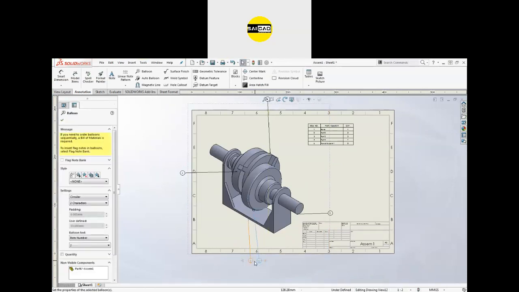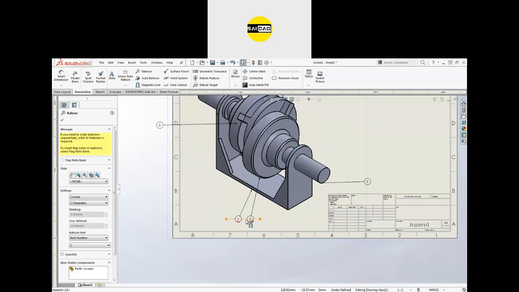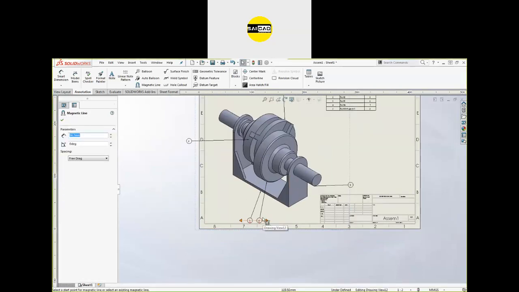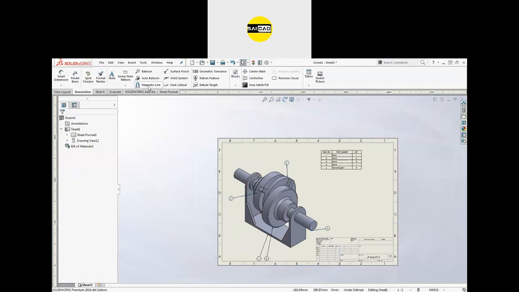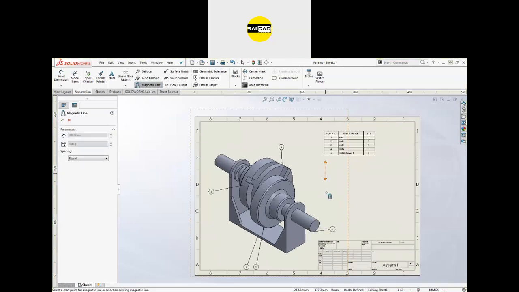You can see we have several magnetic lines here. So if you don't have a magnetic line, like I have deleted this one, okay, if you want to create a magnetic line, how can you do that? For that we have an option here, that is magnetic line. We can insert the magnetic line, and we can define where we need the line. I need one here, we need one here, and I need one here also. Okay, so press escape. If you drag and select like that, you will see your magnetic line.